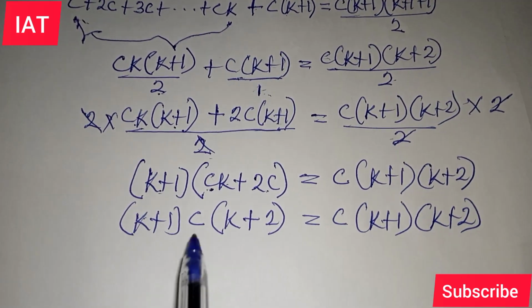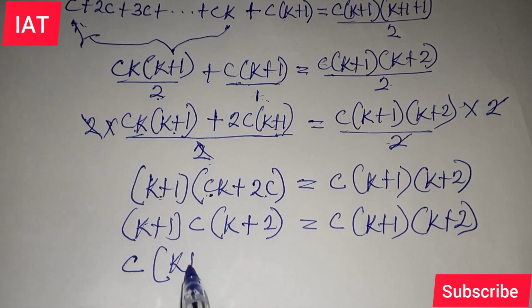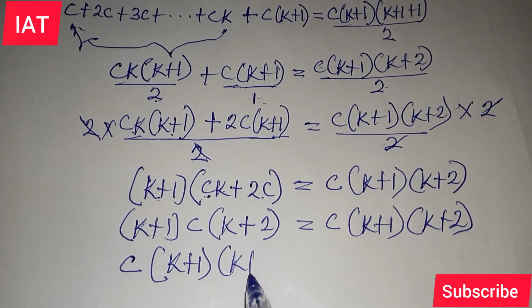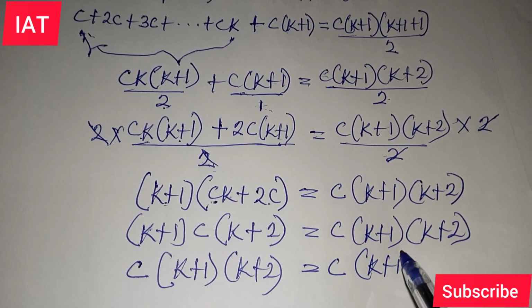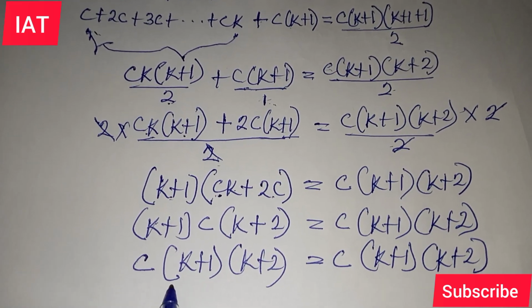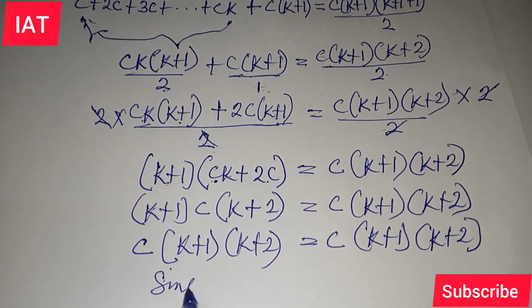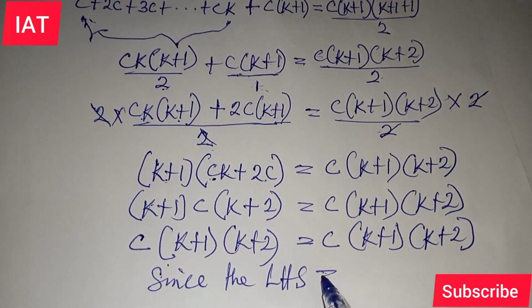And then finally, just place this c outside, and then put k+1 into k+2. And this is exactly what you're having on this other part, k+2. You can see that this left hand side is equal to the right hand side,